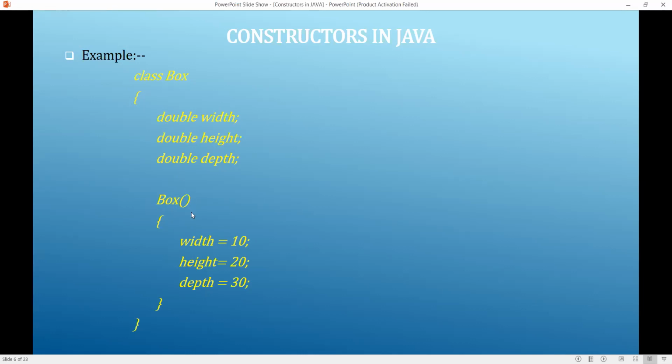Only this bracket indicates it is a constructor. And what is inside the constructor? I'm just initializing the variables. What does initialization mean? You see, I put the values 10, 20, and 30 into these three variables. So that is the constructor initializing. I will show you the full code of this one.